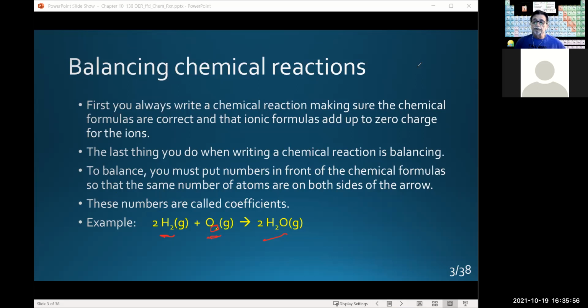This is a typical fuel used in rockets. And in fact, if you see rockets with a big old plume of smoke coming out of the exhaust, what you're seeing is a lot of water vapor coming out, a lot of force. So notice that we have a coefficient in front of hydrogen, which tells us that we have 4 hydrogens on